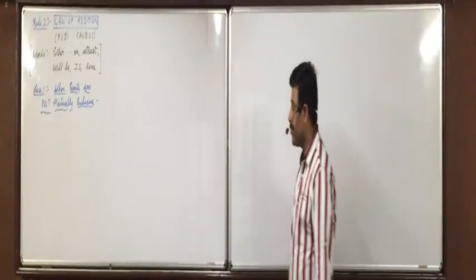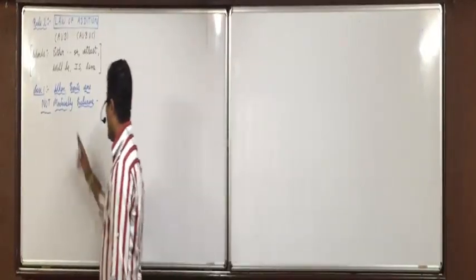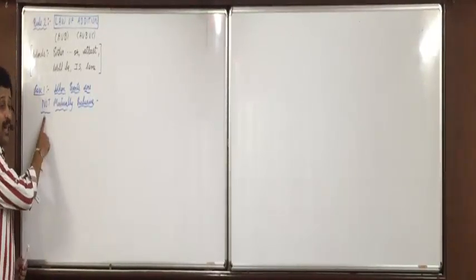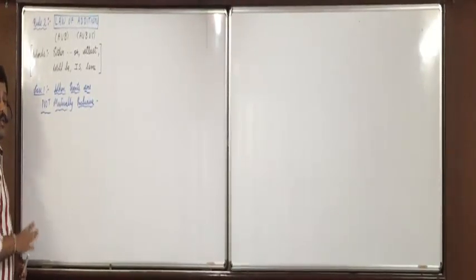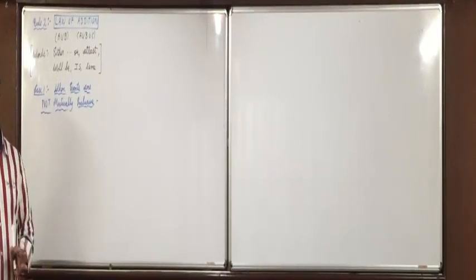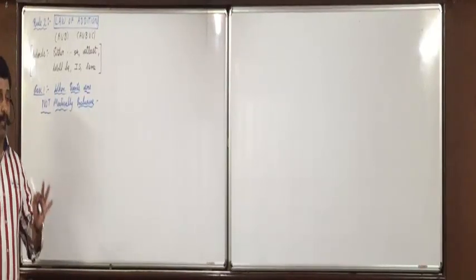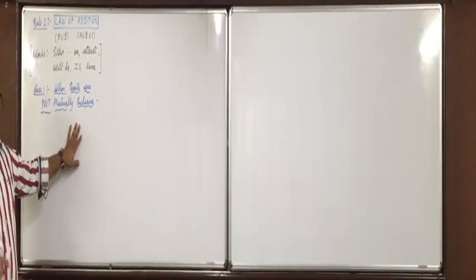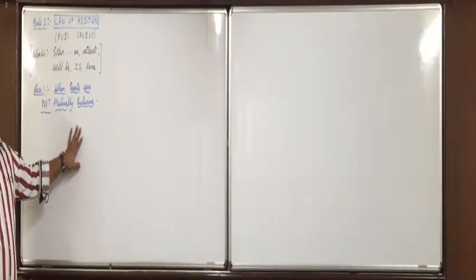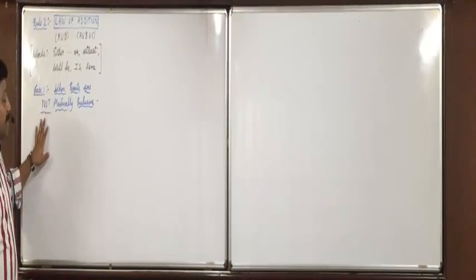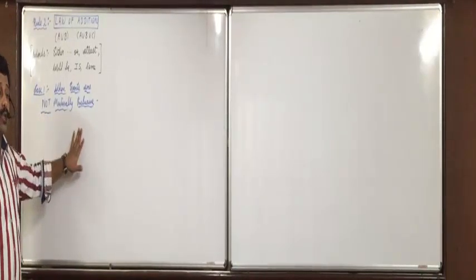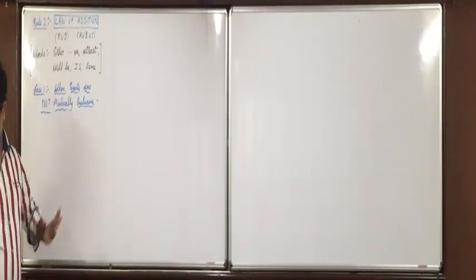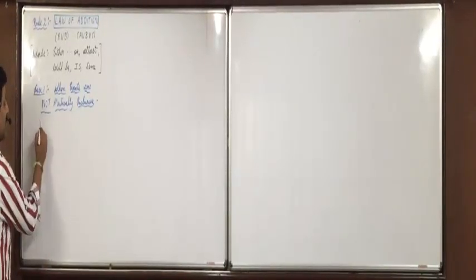Sit down. Yes, what do you mean by mutually exclusive? A intersection B is null set. But here I am talking about not mutually exclusive, which means they are not null set. Intersection is possible. Mutually exclusive means the events' intersection is null set. Intersection is not possible. But here I am saying not mutually exclusive means that intersection is not null set. Intersection is possible. Okay, so how will we find the probability?